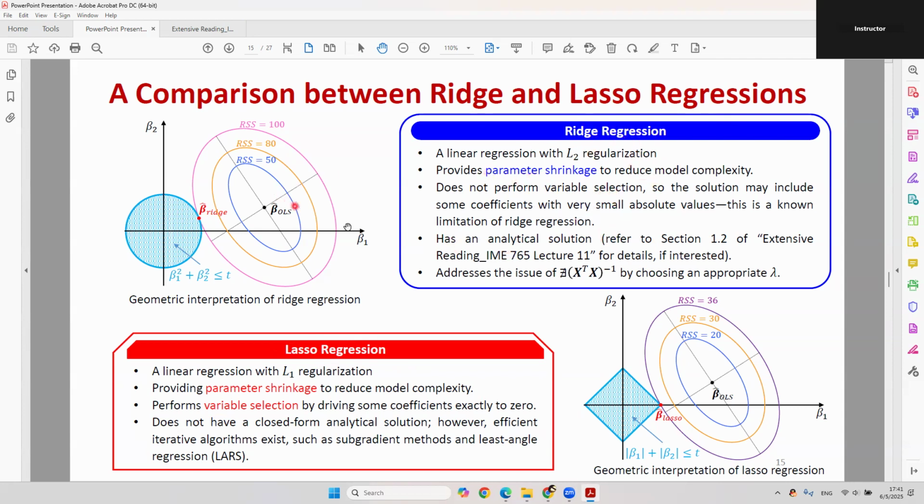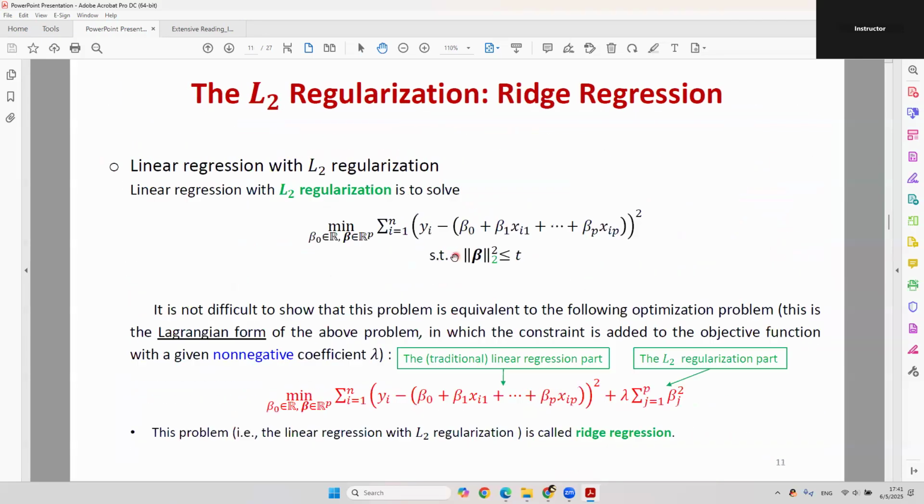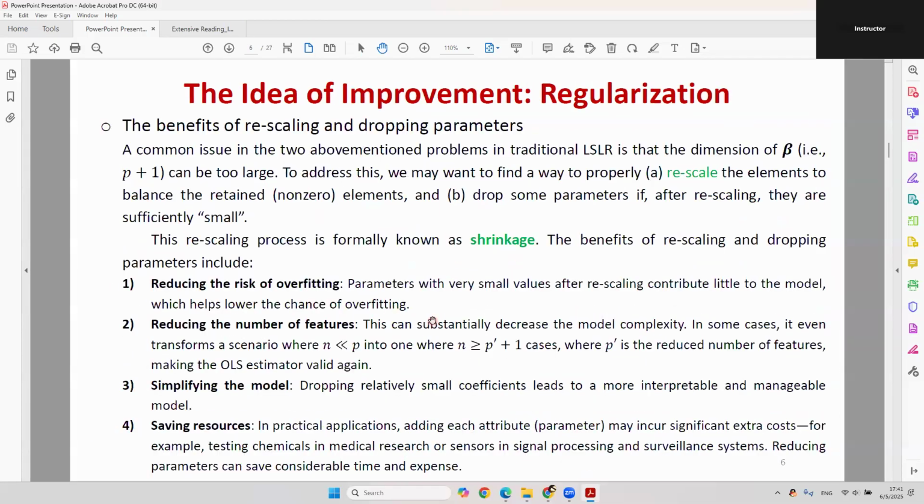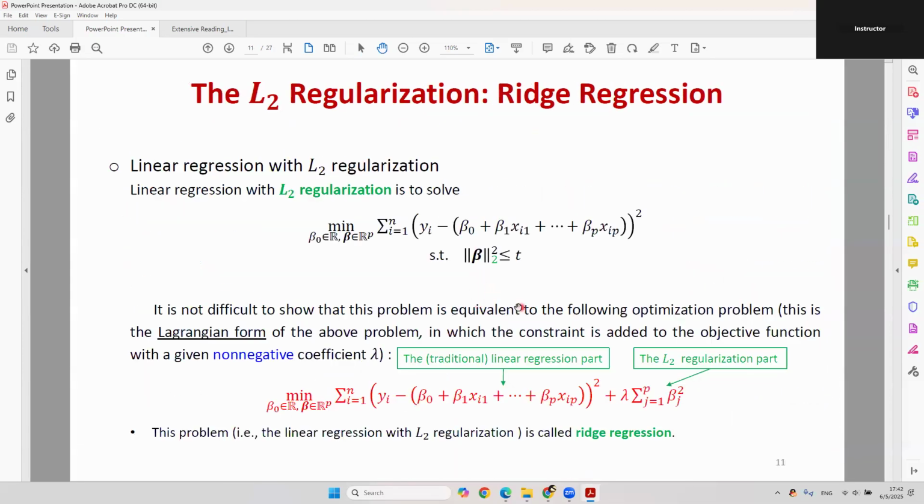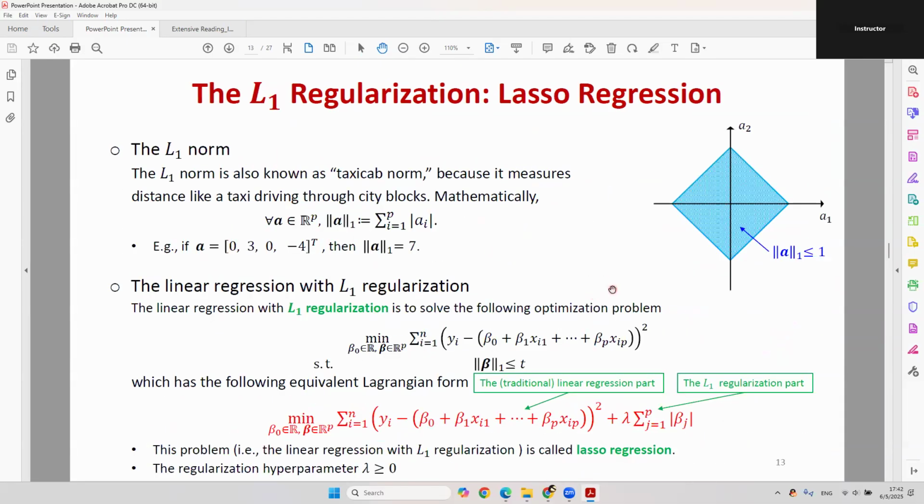Although ridge regression in general does not provide you parameter selection, at least it will give you parameter shrinkage. It will make your solution more standardized, instead of this extreme case I'm talking about, where one coefficient is huge and all the others are relatively small. Ridge regression can greatly address this issue. Okay,